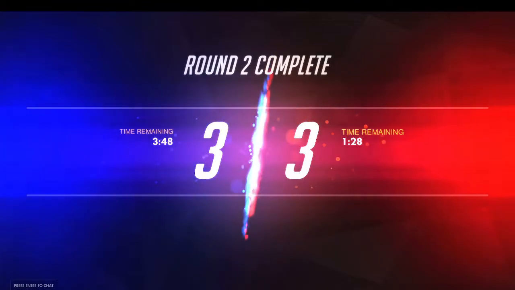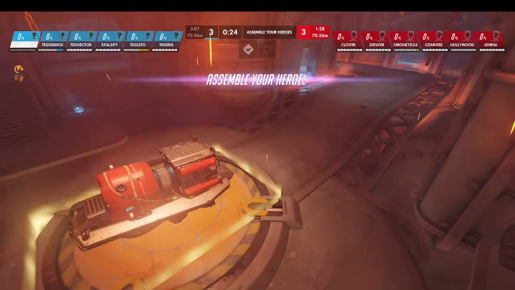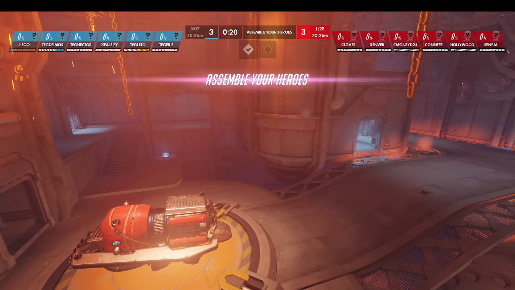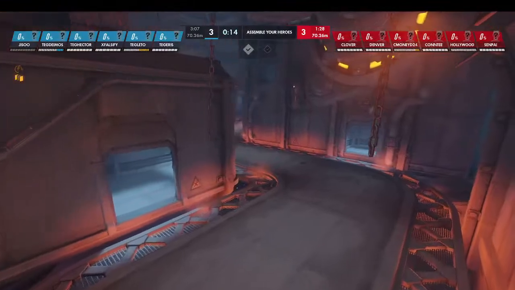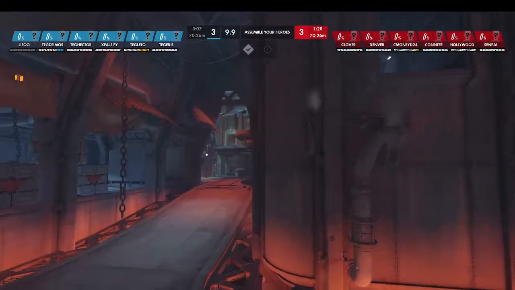It's 3-3, so they have to push it as far as possible with how much time they had left. Proving to be very, very difficult. As we wait for teams to get situated, this map is very distraught, very filled with holes and loops that